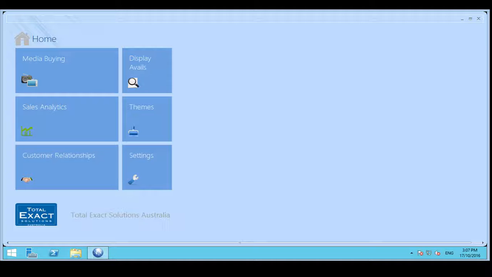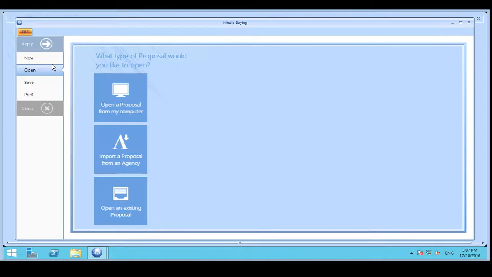In order to create an optimized buying schedule, we're first going to access the media buying screen. And we do that by clicking on the media buying menu icon in the top left-hand corner of your menu screen. When AdVenture opens, it will bring you to the Open screen,